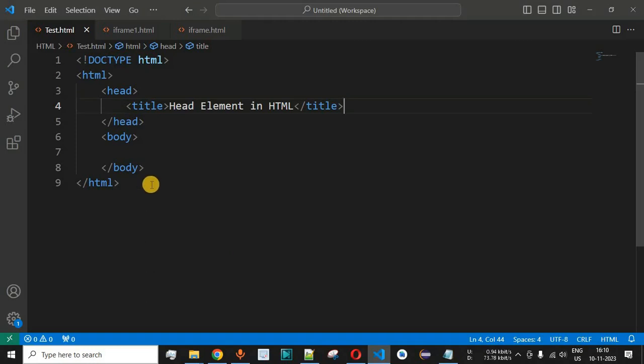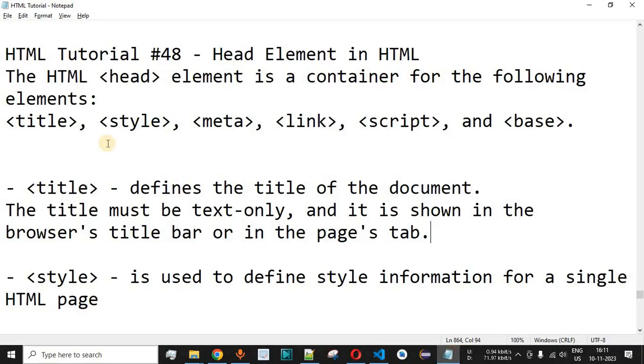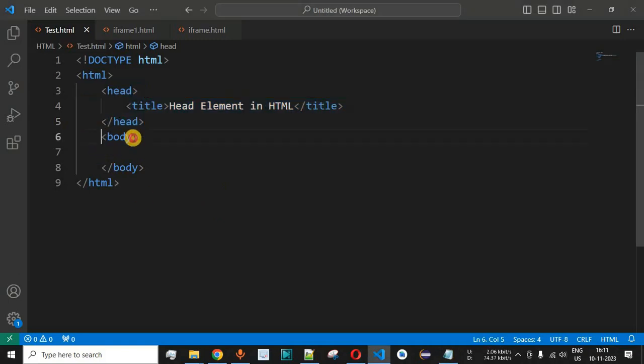As you can see, this is the HTML document. The first tag is the HTML starting tag, and then in the end we have the HTML ending tag as well. Inside this HTML tag we have two main tags: the head tag, which can have multiple tags that we have just defined, and the body tag, which defines the body of the web page. We have the title tag inside the head tag, which defines the title of the document.